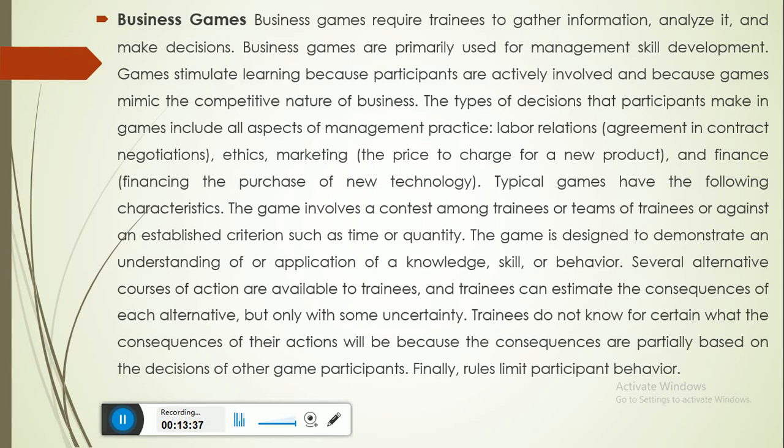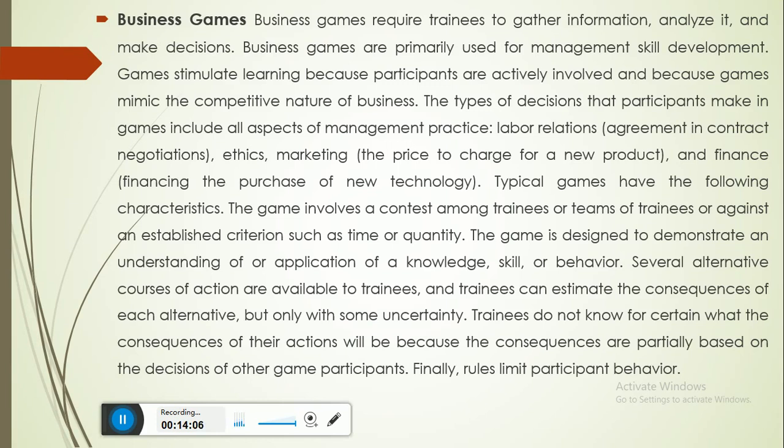Typical games have the following characteristics. The game involves contest among trainees or team of trainees, or against an established criterion such as time or quantity. The game is designed to demonstrate an understanding of or application of a knowledge, skills or behavior. Several alternative courses of action are available to trainees, and trainees can estimate the consequences of each alternative, but only